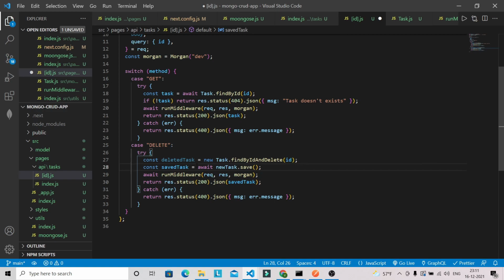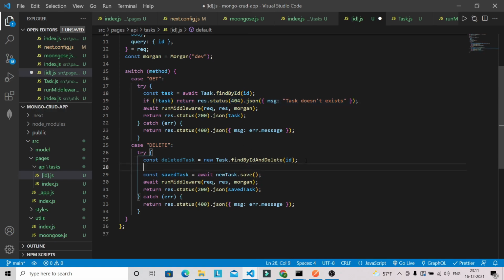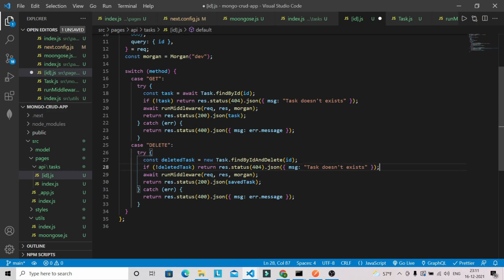Okay, and we can copy this one and paste it here. So if deletedTask is not deleted, that means task does not exist, and we can remove this one and we can run our middleware and we can send the empty response.